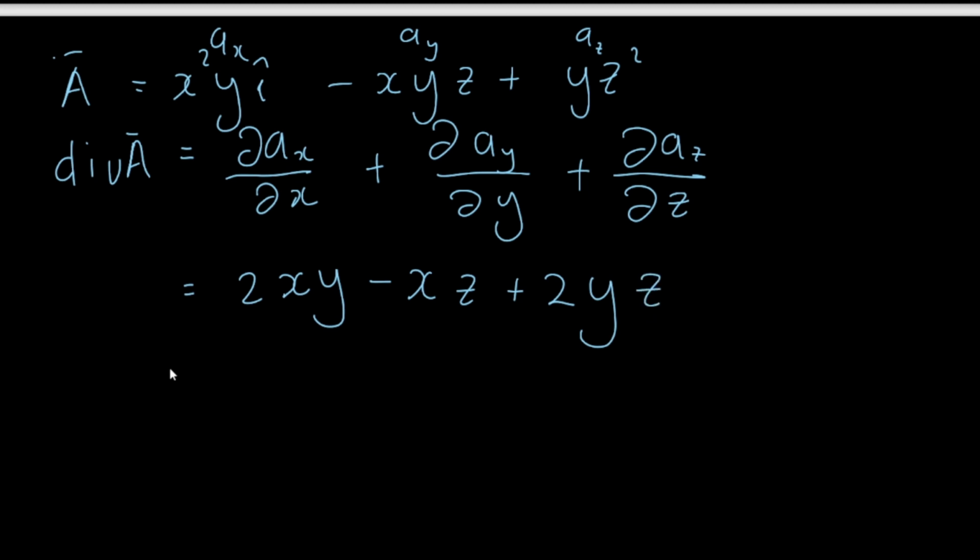The question you might be asking now is, what does this divergence mean? If we analyze what this equation is telling us, it's telling us the sum of the rates at which these different components are changing. So we could think of the divergence of this vector function as indicating the extent to which the vectors are spreading out. For example, if we have the wind blowing in a certain direction,